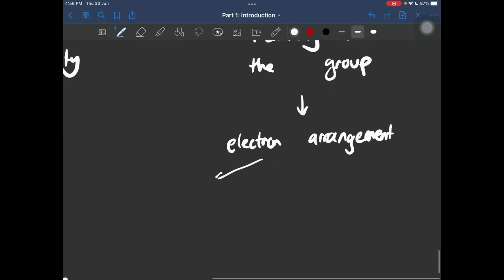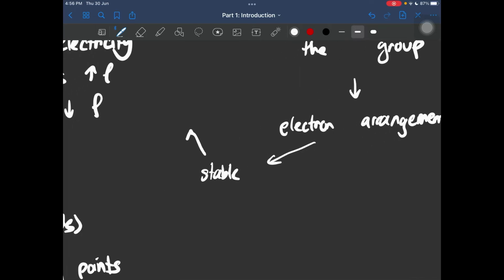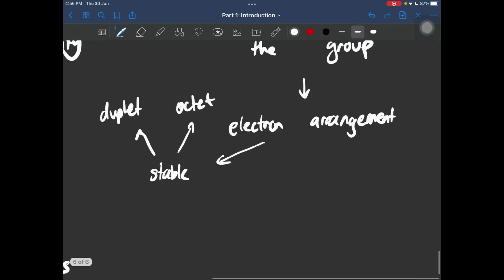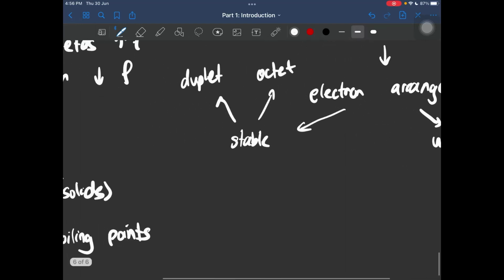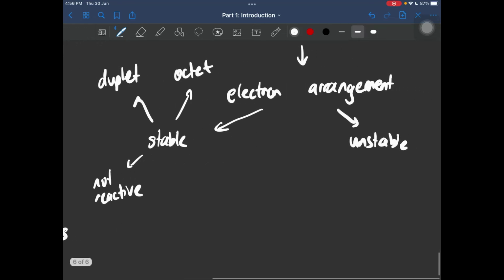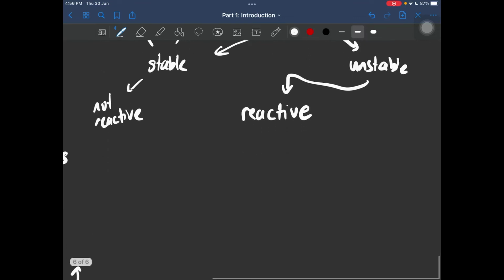As in, is the electron arrangement stable, right? So stable could be duplet or octet. Or is it unstable? If the electron arrangement is stable, then it is not reactive. But if the electron arrangement is unstable, then it is reactive. And the reactivity down the group is actually dependent on two factors, which is